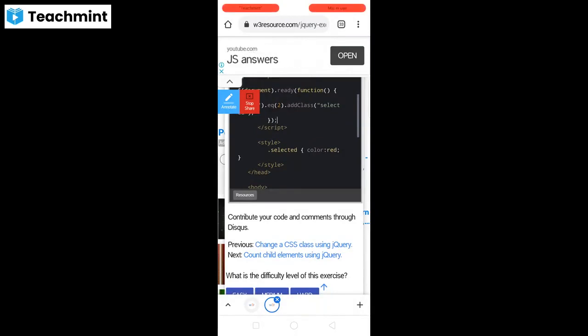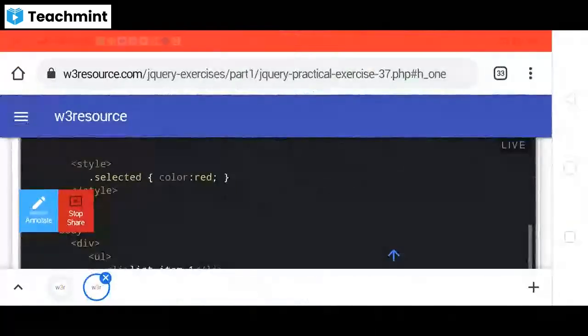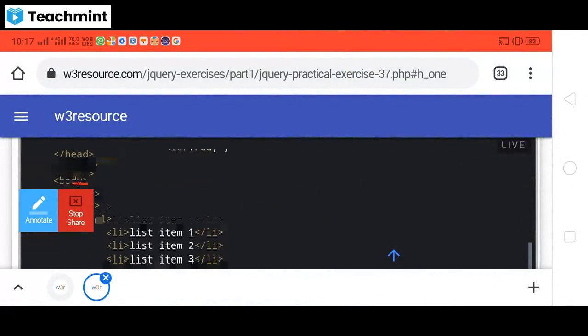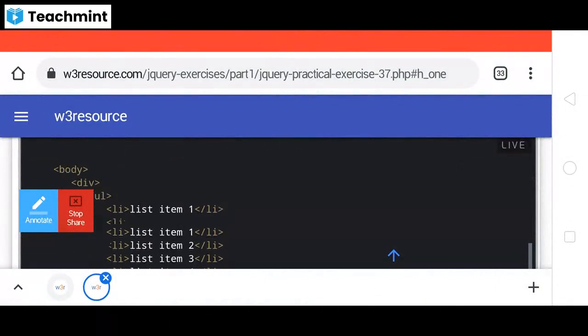So for example, we have a list of items in a particular hotel or some other place, either in a pizza center like that. So one particular item is not available. So whenever the particular item is not available, we are going to select that particular item.